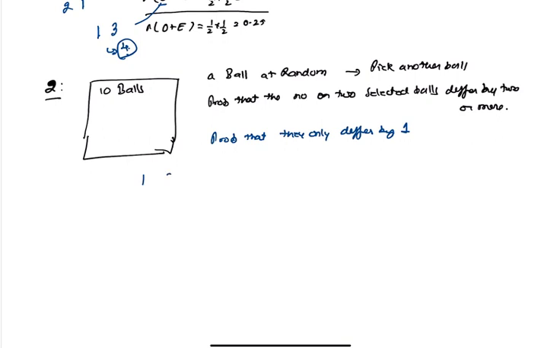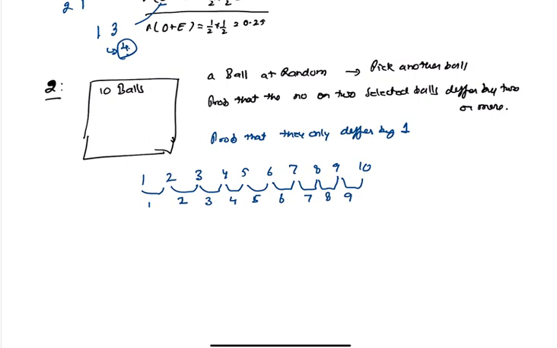So you have 1, 2, 3, 4, 5, 6, 7, 8, 9, and 10. If you pick 1 and 2, that's 1. You can pick 2 and 3, that's 2. You can pick 3 and 4, that's 3. You can pick this, that is 4, 5, 6, 7, 8, and 9. So there are 9